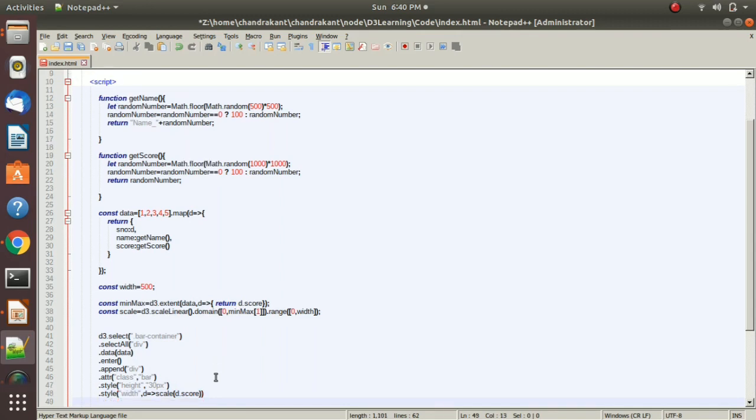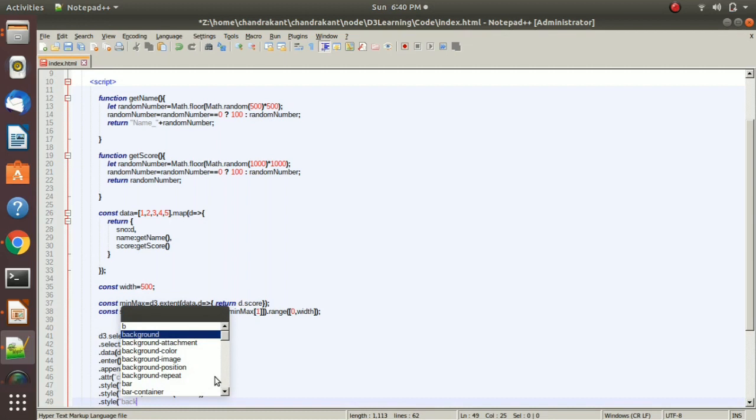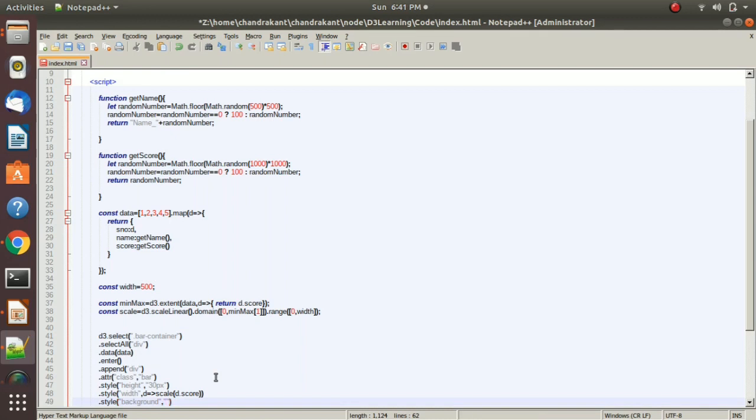Now dot style, we will provide some background for this bar.